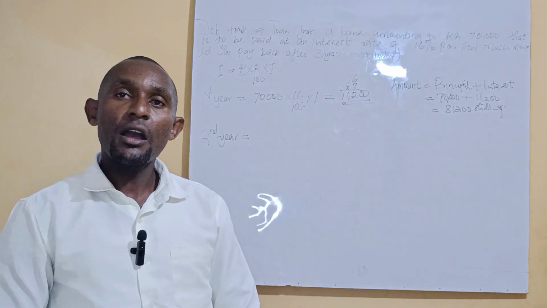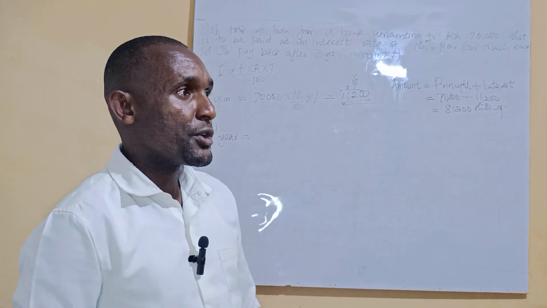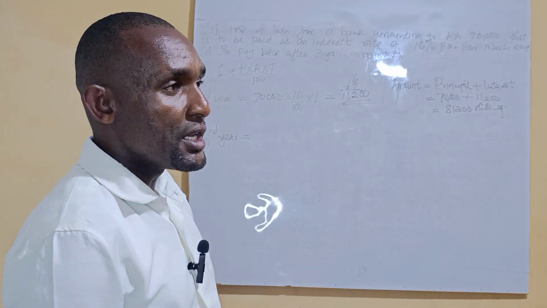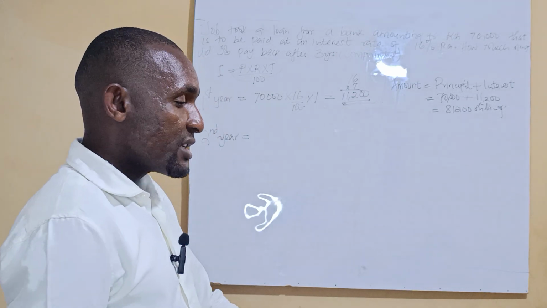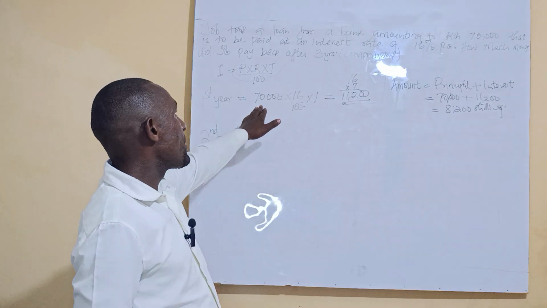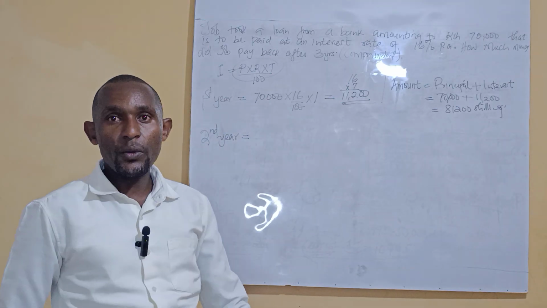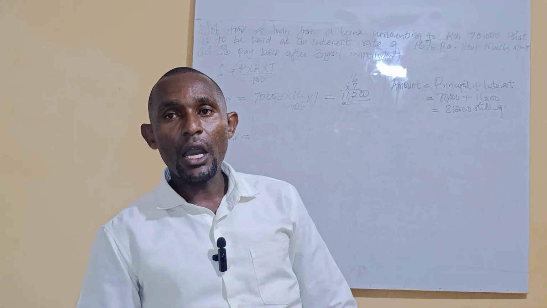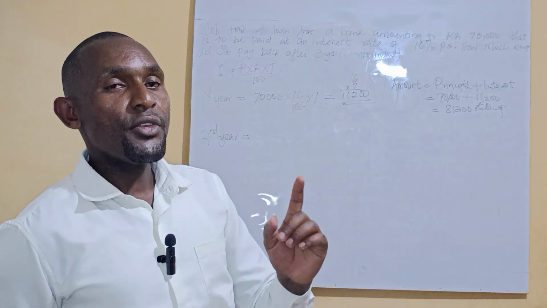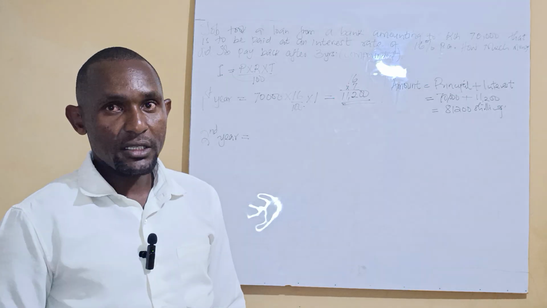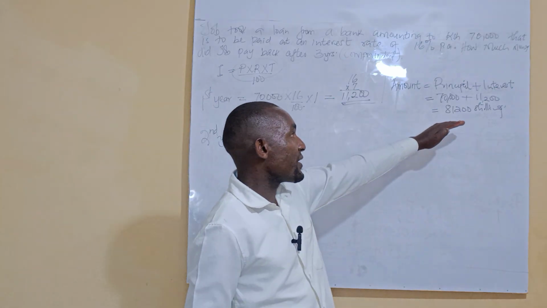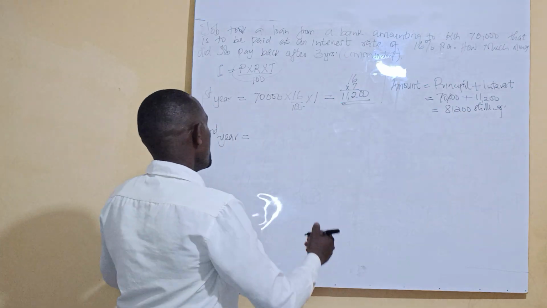Note that there are those terms that the examiners may use to confuse you: by the end of the first year or by the beginning of the second year. So by the time you are investing that amount in the second year, my account will no longer be having 70,000. It will be having 81,200, which is the total of the principal amount that I had initially plus the interest it has gained by the end of that year. Now, my second year's principal is going to be the amount by the end of the first year, which is going to be